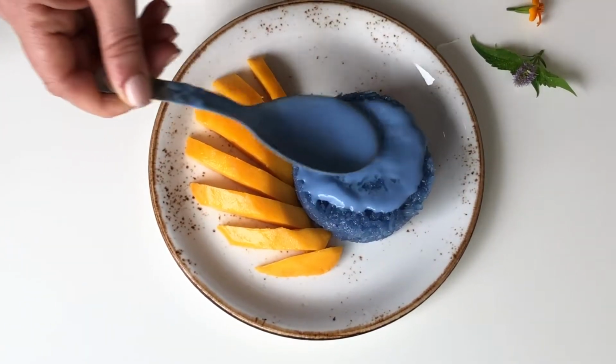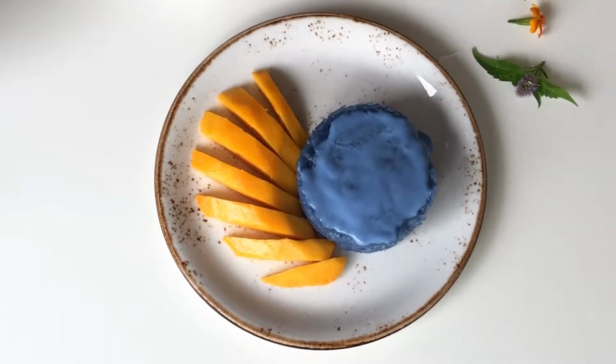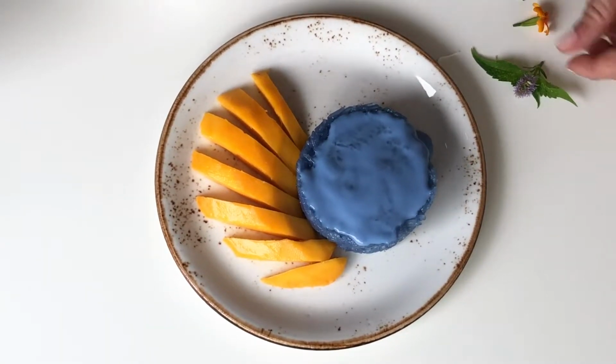So we use a little bit of a blue coconut cream. And I'm just going to